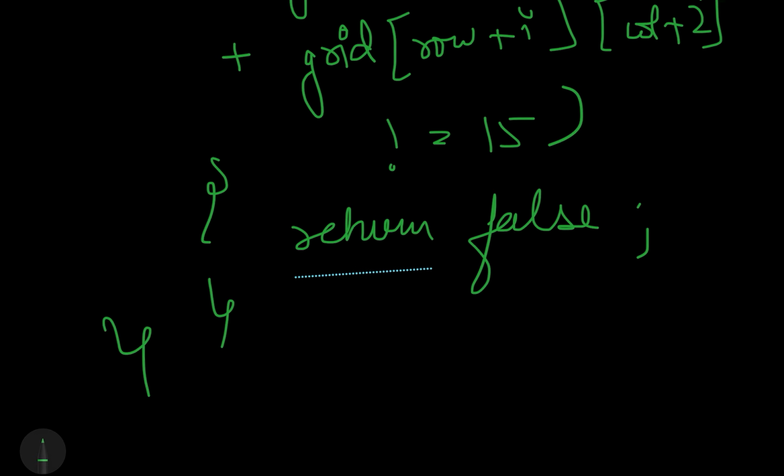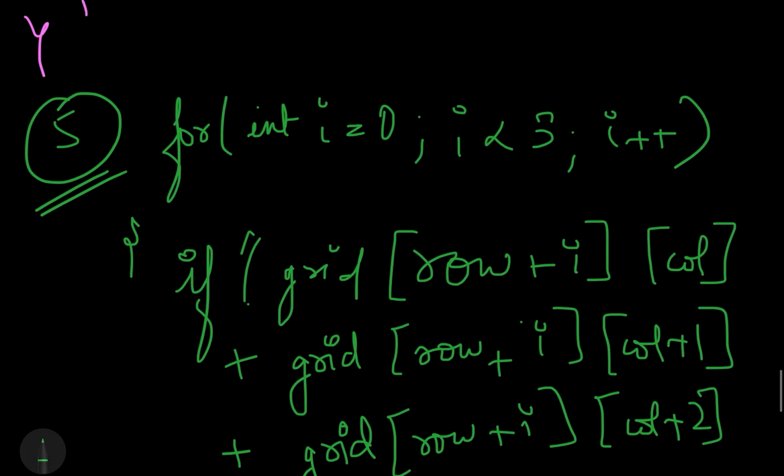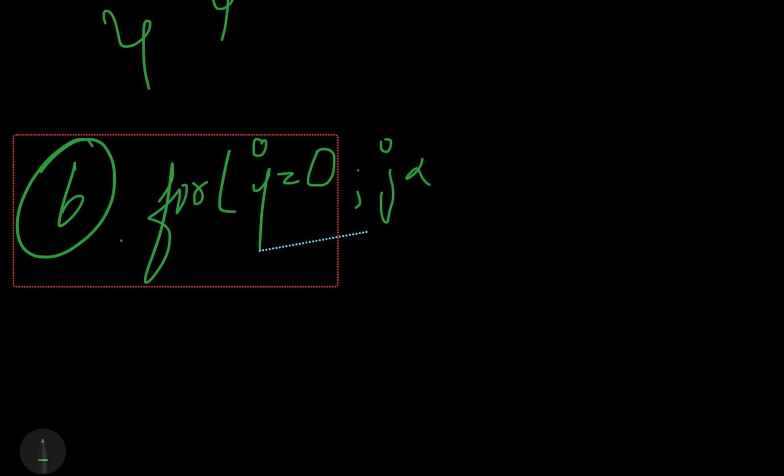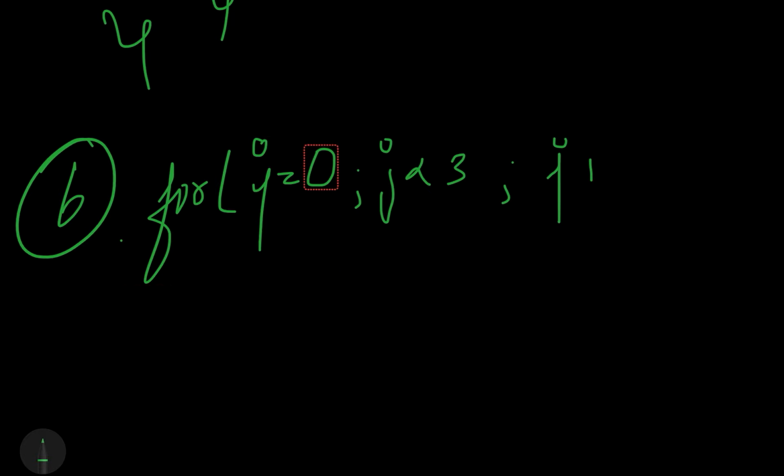Okay. So what we have done till now, we have checked whether our center is 5, whether our corners are even, whether our diagonal sums are equal to 15, and whether all numbers 1 to 9 are distinct. And here we have also checked whether all the rows are equal to 15 or not. So our last check would be to check whether all the columns are equal to 15 or not. So simply what we'll do, we'll take a loop from 0 to less than 3 to check all the three columns,